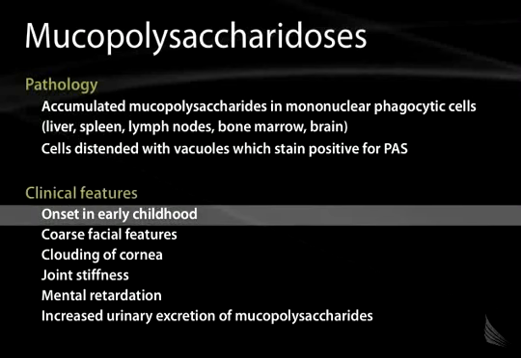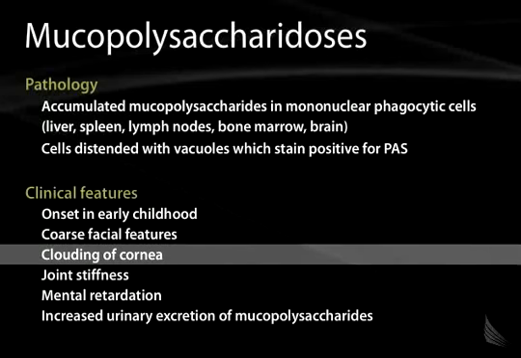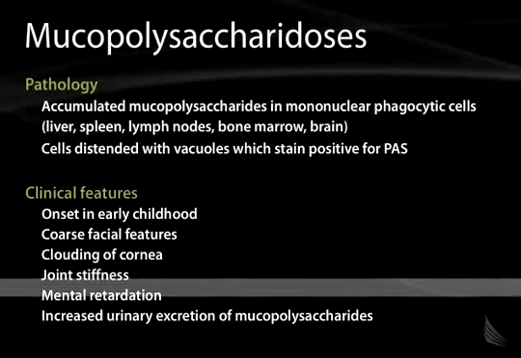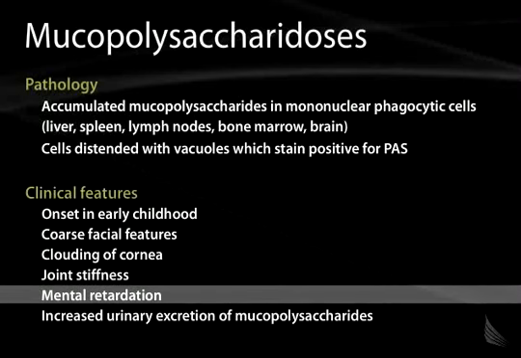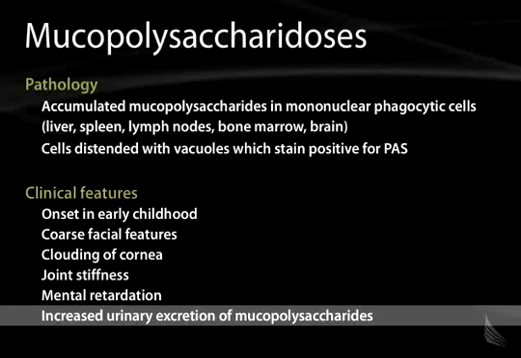The onset of this is in early childhood. They have coarse facial features, clouding of the cornea, especially in type 1 Hurler syndrome, joint stiffness, mental retardation, and you can diagnose it by increased urinary excretion of these mucopolysaccharides. And this ends this section of